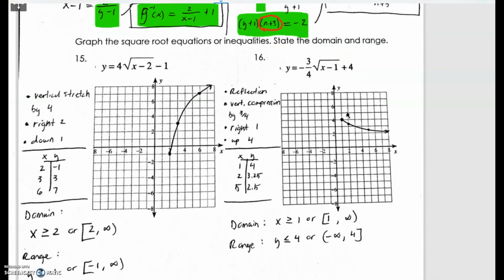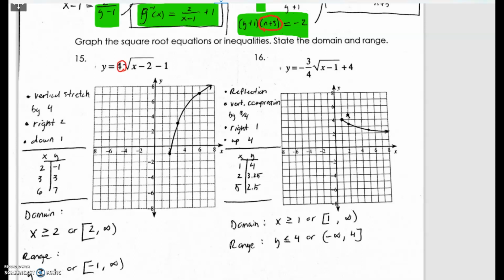Okay, you're going to have 1 graphing a square root, so here's 2 practice problems. When you do graph the square root, make sure you're able to identify what's happening to it, and then also what the domain and range is. Alright, so